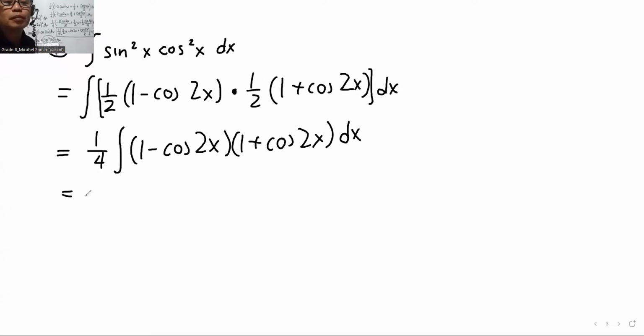Using the a squared minus b squared formula, we can contract this into